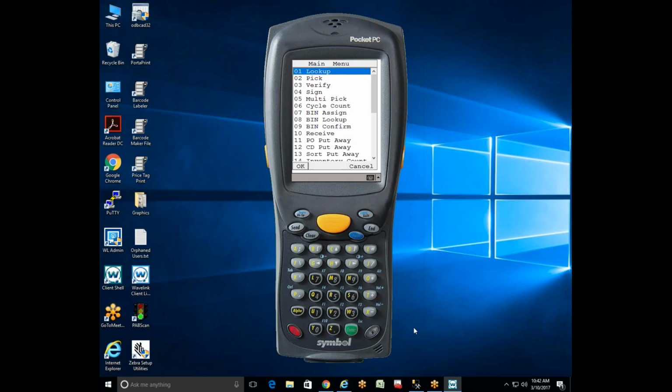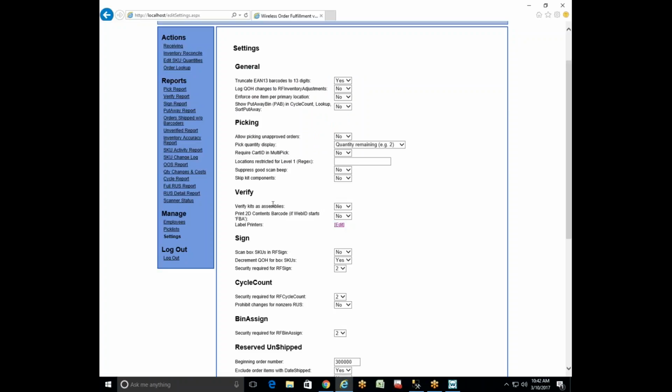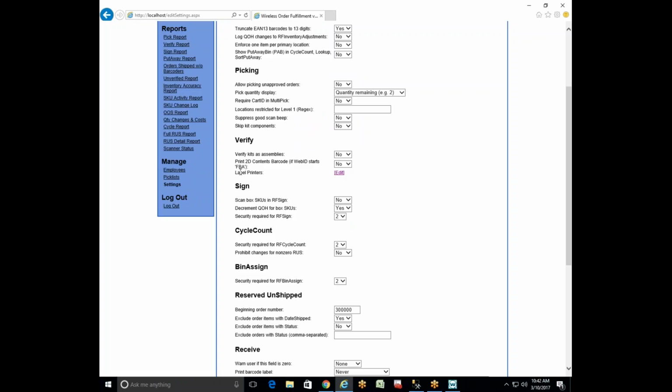It prints out all the information that's in one of the requirements for fulfillment by Amazon that they've listed. And so it will then print out a two-dimensional barcode if the web ID starts with FBA,